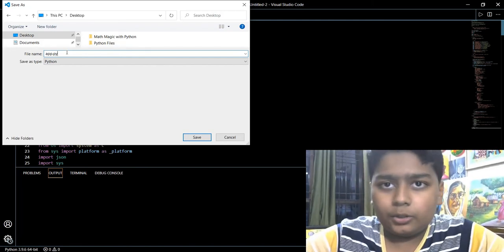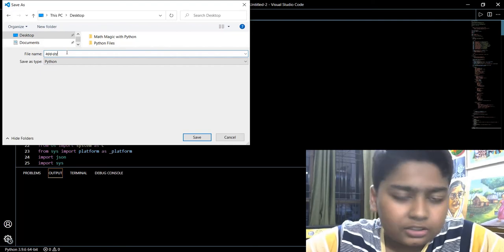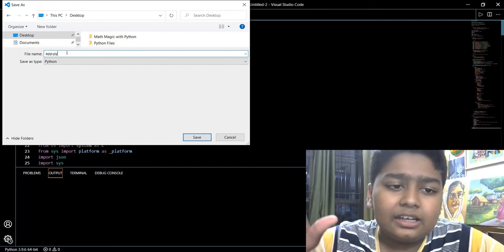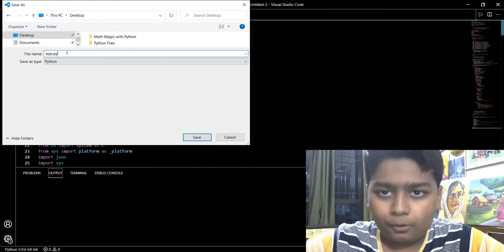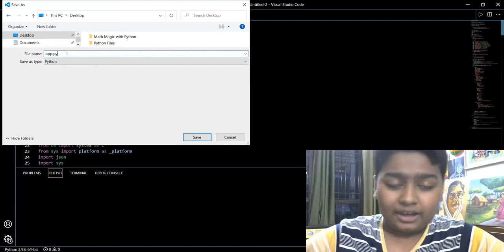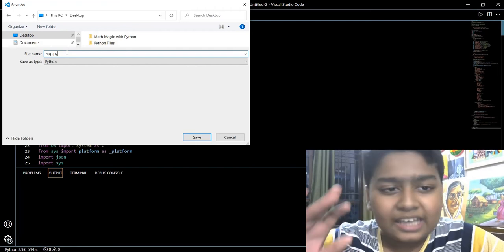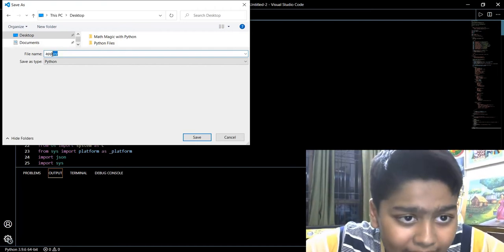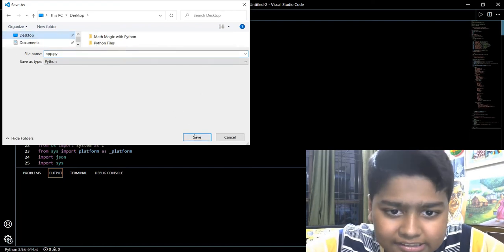Like when we give a file a name, let's say document.pdf, that's the extension of a PDF file. But in Python it's .py. So you must write .py and then click Save in Desktop.